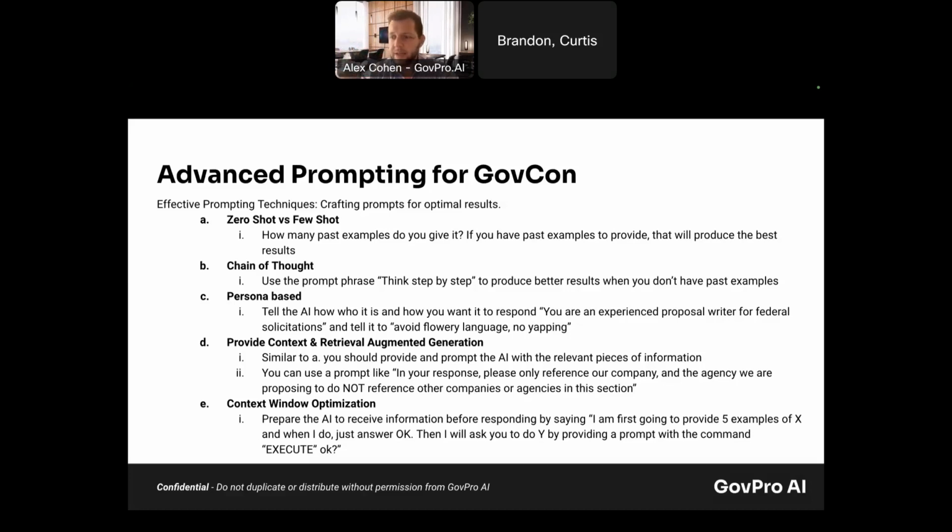So if you ask it 273 times 75, it's going to come up with an answer, but it's not a mathematical calculating engine. It's a word predicting engine. So it's going to come up with something that might not make a ton of sense. What this means in the GovCon space is that